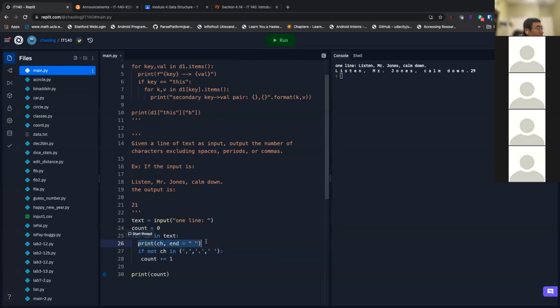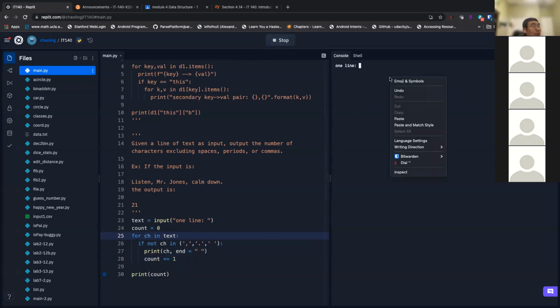Actually, I'm not gonna print. Control X. So I'm gonna print it if that is a valid character. Okay, let's print out. Paste again. Let's just do that. 15. All right. So print